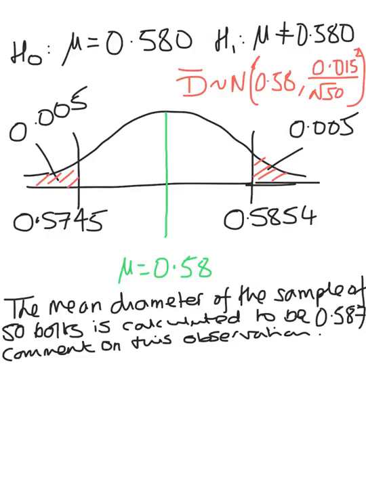And our critical region, if we were to reject our null hypothesis, the mean diameter of the sample would have to be less than 0.5745 or greater than 0.5854. Now the mean diameter of a sample of 50 bolts here, we've been told, is